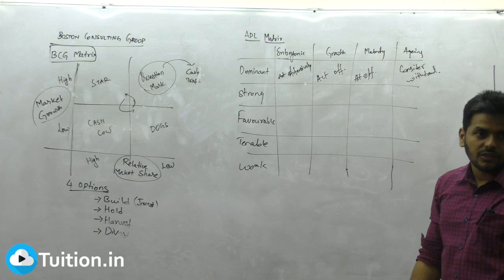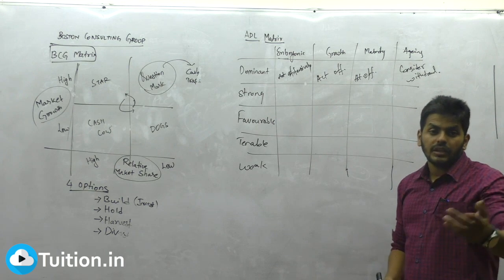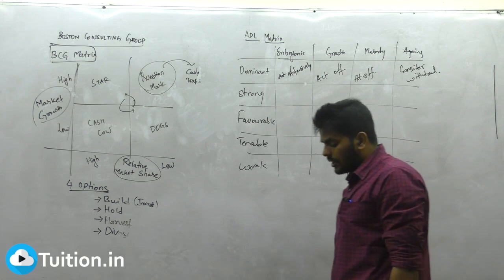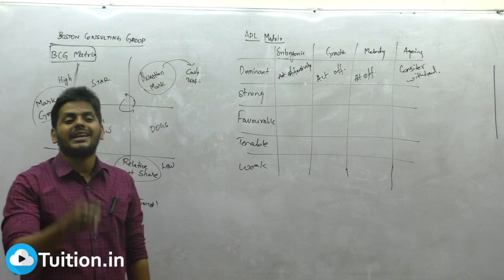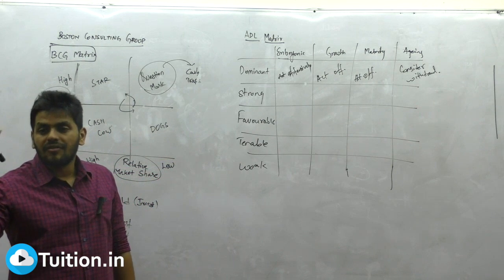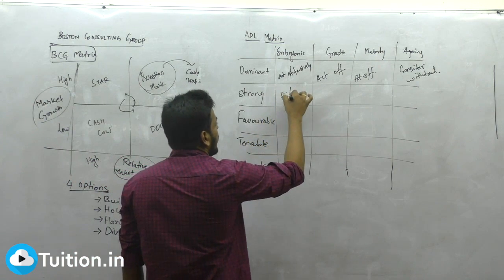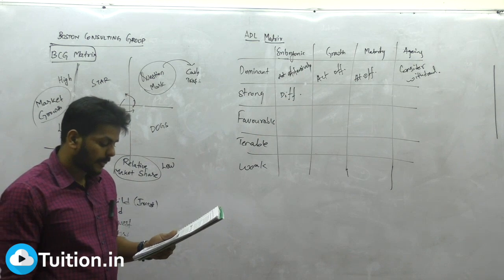Slightly at a lesser stage is a strong company. What will they do when a strong company is introducing a product? If you are a strong company, the very fact that you are strong compared to others is because you might have some uniqueness. What is it called? Core competence, in the form of differentiation. You show uniqueness in your product when you introduce a new product. Do differentiation and try to grow fast.